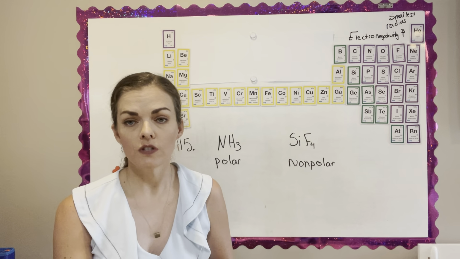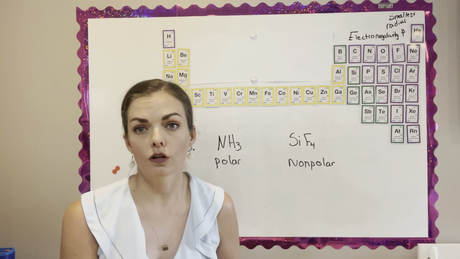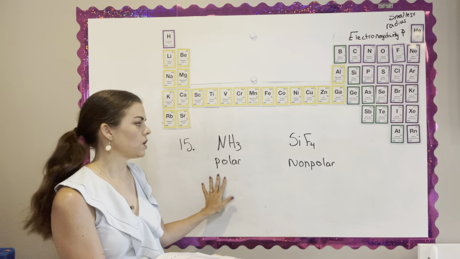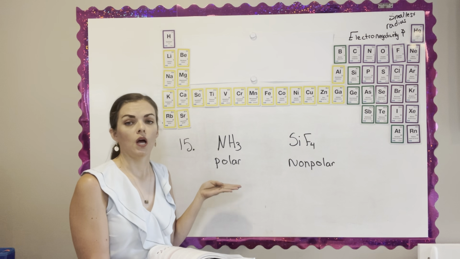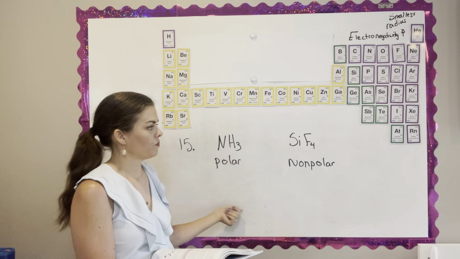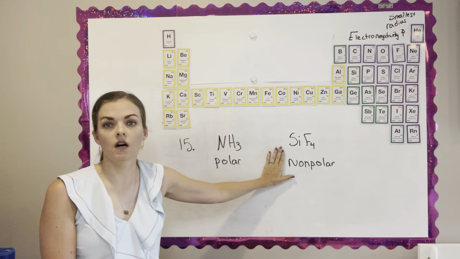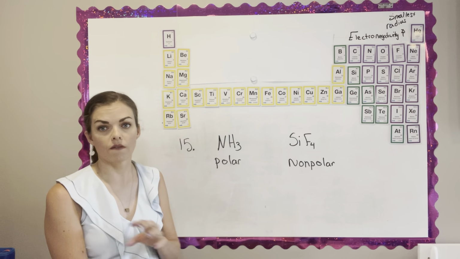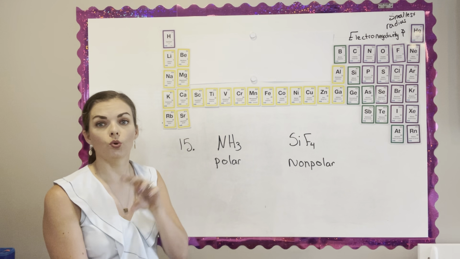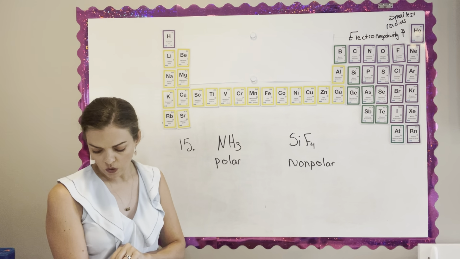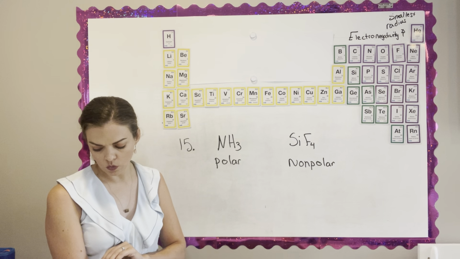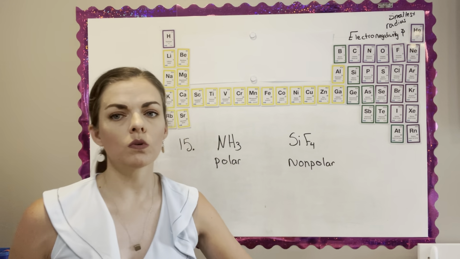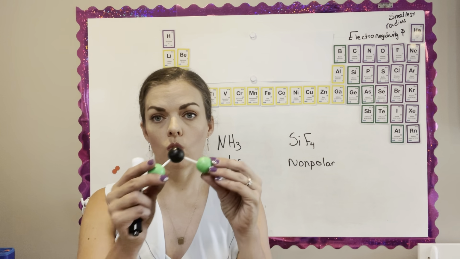Comprehension check 15 refers back to question 13 and 14. So in 13, we drew ammonia, or NH3, and we came up with that it is polar because it has all those electrons on one end. And in 14, we did silicon tetrafluoride, and it is nonpolar because it does not have those valence electrons that are pulling unevenly. And so the question is asking which one will dissolve in water, which one will dissolve in oil. To know which one will dissolve in water, which one will dissolve in oil, I'm going to show you a